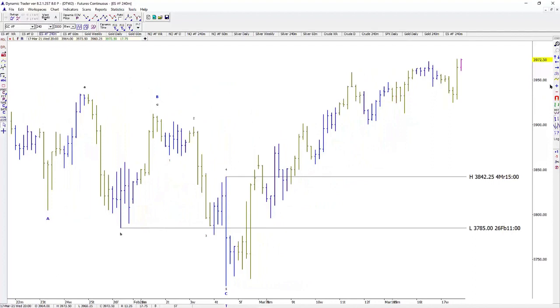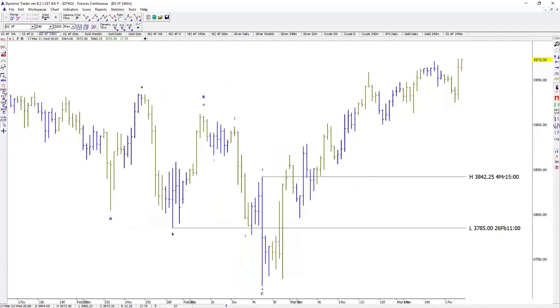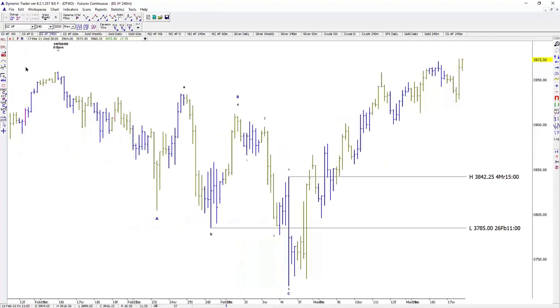Well, there we go. Let me square this up a bit, get the back data on. And we have indeed exceeded that high. And we won't add more data. I can just tell you it went a whole lot higher than that as well. It's a little bit sloppy coming down, but we're looking at